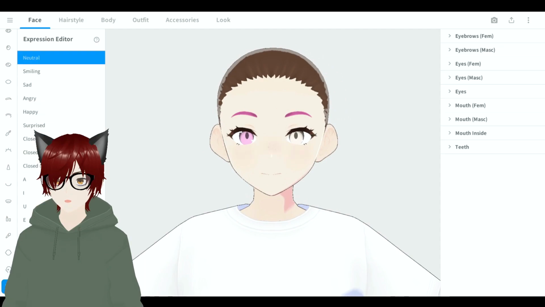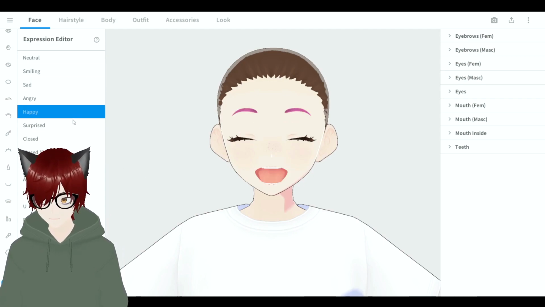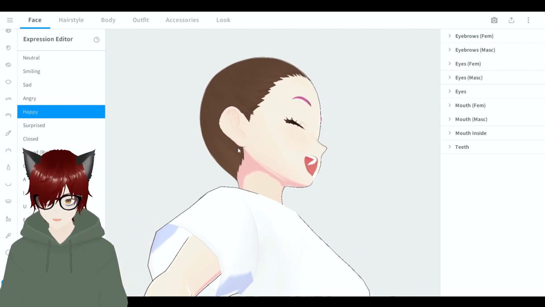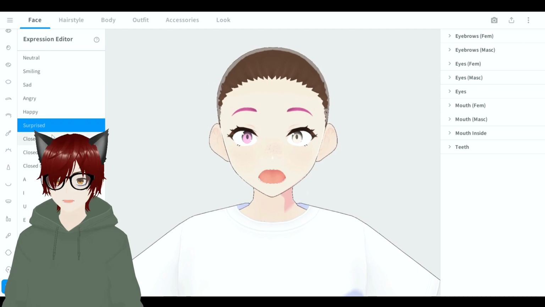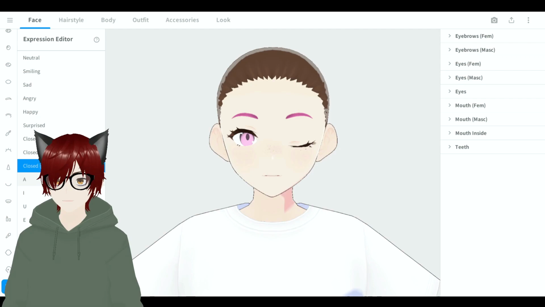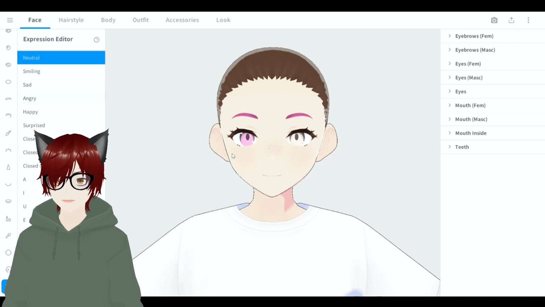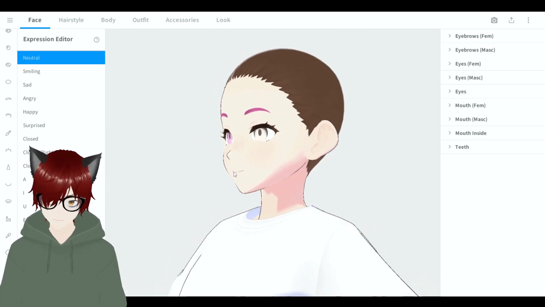And once again, at the bottom here, you have the expression editor. So you can see how your model looks with certain expressions. Now, there was a known bug in the beta for VRoid Studio. I don't know if it has been fixed, but if you were to alter the default face parameters, it's the reason why some of the face parameters were removed from, I think it was the 1.11 update to the 1.12 update, if I can remember correctly. Some face parameters were removed